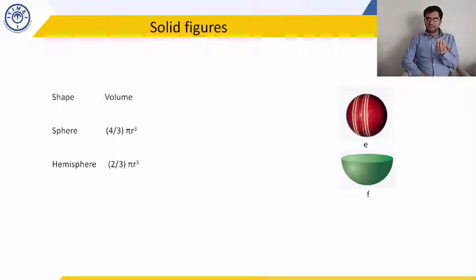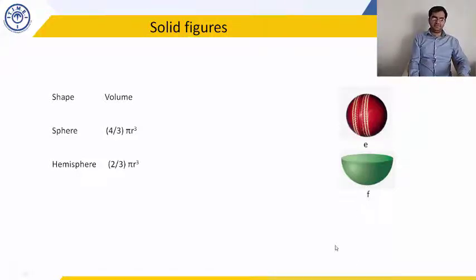And if I have a mousambi in my hand and I cut it exactly into half, then I get 2 hemispheres. And the hemisphere is shown in figure number F. So again, using integration, we get the volume of the sphere as 4 by 3 pi r cubed, and you need to know this by heart. And obviously the volume of a hemisphere would be half the volume of a sphere, so that becomes 2 by 3 pi r cubed.